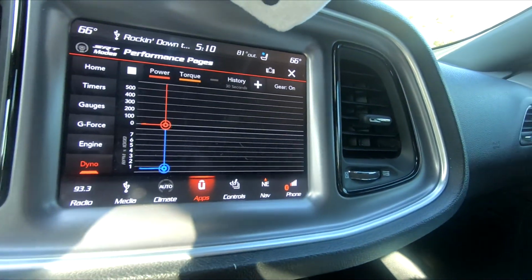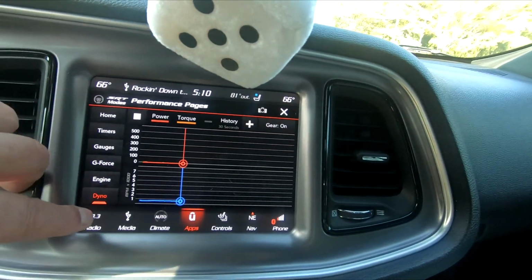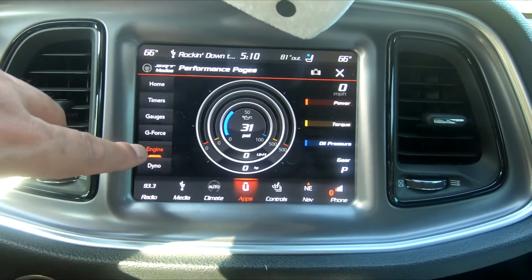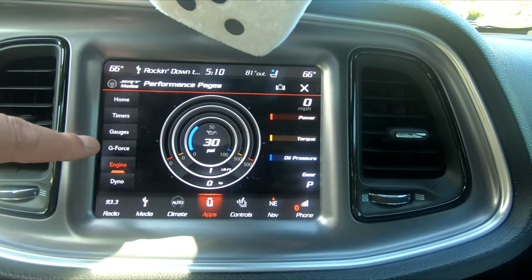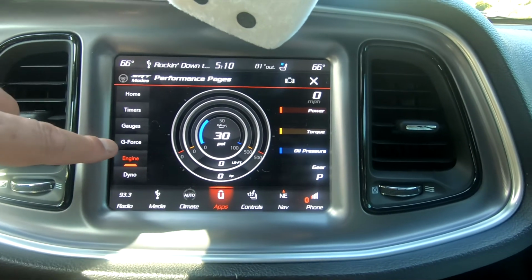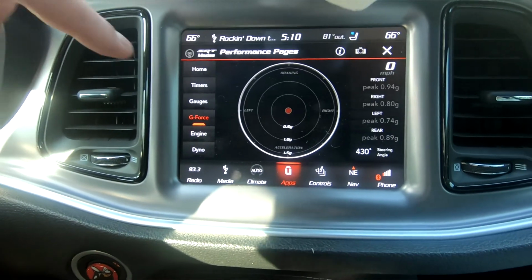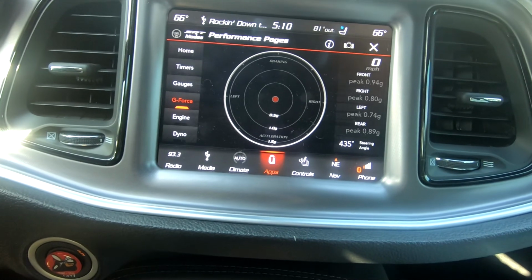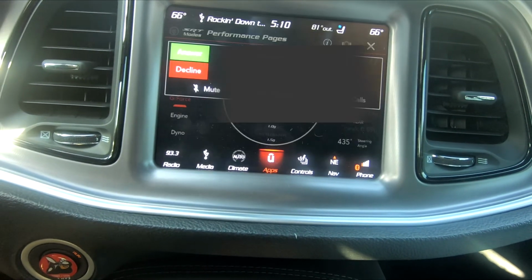So here, the performance pages, you've got a dyno that shows you the horsepower and torque. Here's a circular view with the power, the torque, everything all at once. And you can press a button there and get a screenshot. There's the G-forces. I thought about doing this to see how much difference there was between the two tires when I went with the